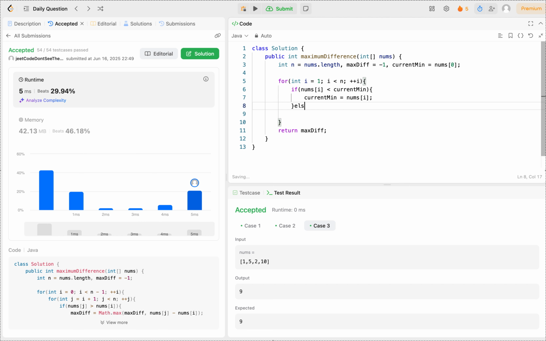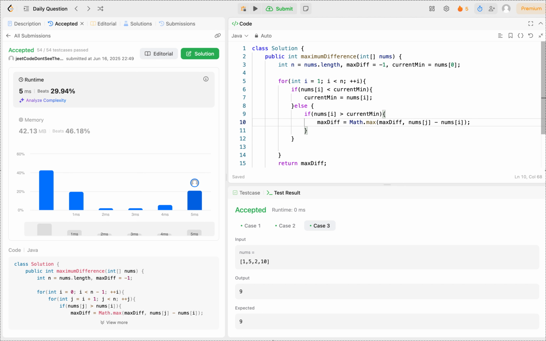And else, the else has two conditions. First, we want to check if nums of i is greater than the current min. If it is greater than the current min, then what we will do is use this same line,